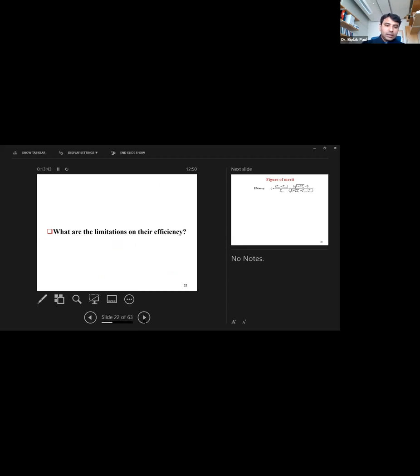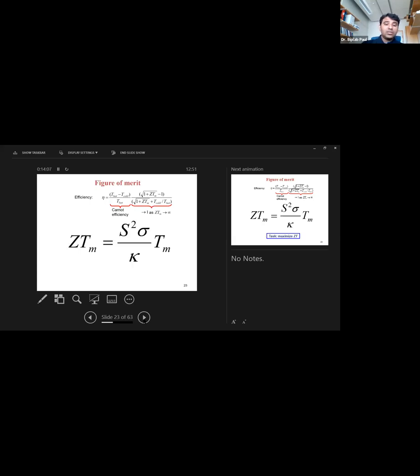Now I will discuss the limitation of thermoelectric efficiency. Thermoelectric efficiency is expressed by that expression. Here the first term is called Carnot efficiency. Thermoelectric efficiency is equal to the Carnot efficiency when ZT is equal to infinity. What is ZT? ZT is the ratio of power factor to thermal conductivity times absolute temperature. Here S is the Seebeck coefficient, sigma is electrical conductivity, kappa is thermal conductivity, and T is the absolute temperature. Our task is to maximize ZT,